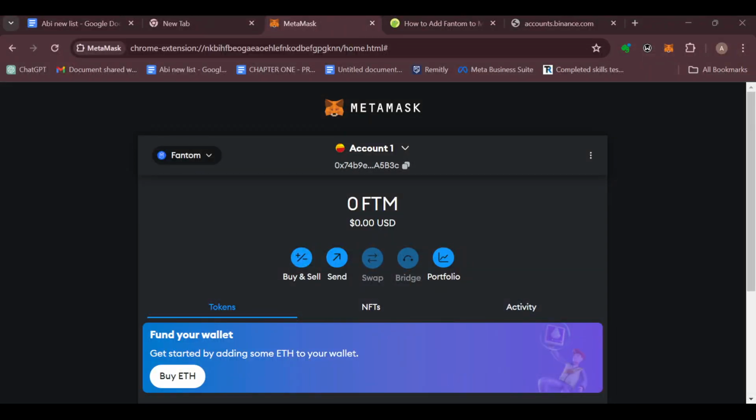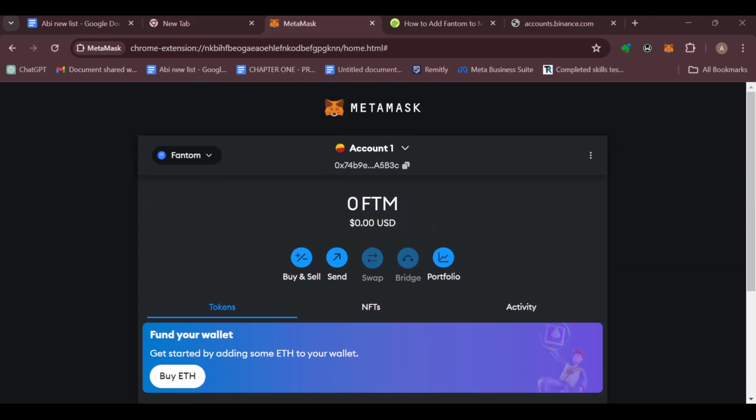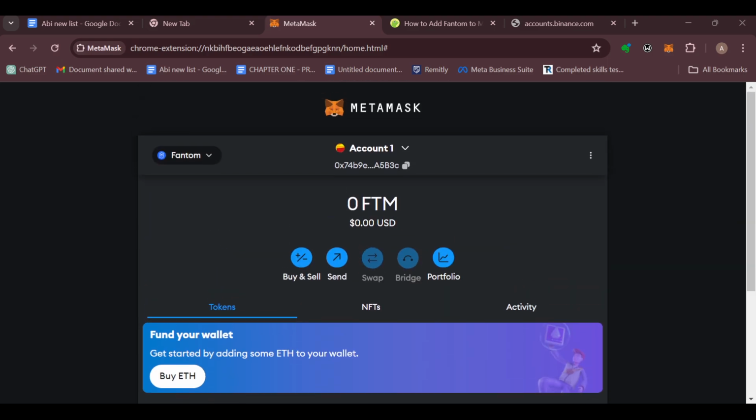In this tutorial, I will show you how you can use the MetaMask bridge and how to do so. It is very simple, all right? But first of all, you must know that the MetaMask bridge is a powerful tool that allows you to transfer access between different networks. So the first step is to open your MetaMask wallet in your browser extension or through